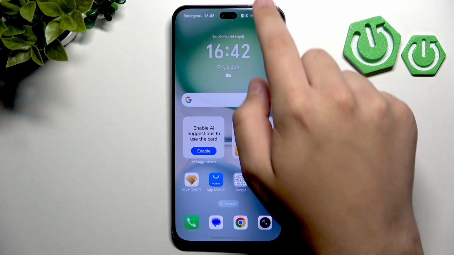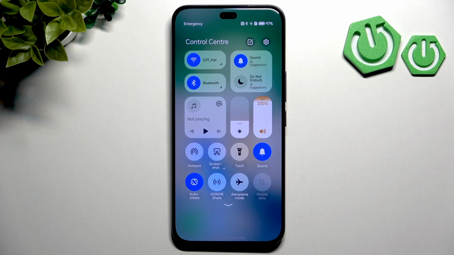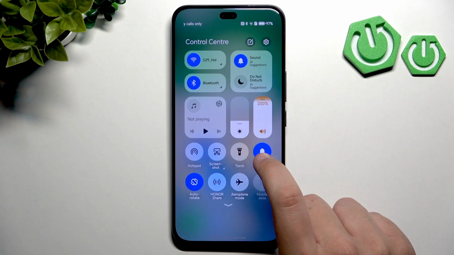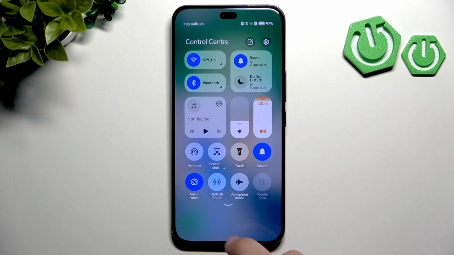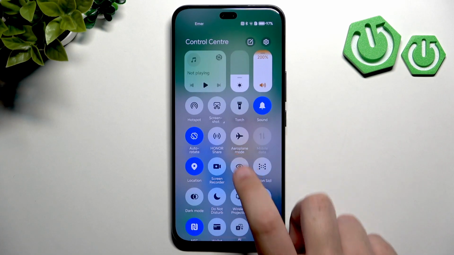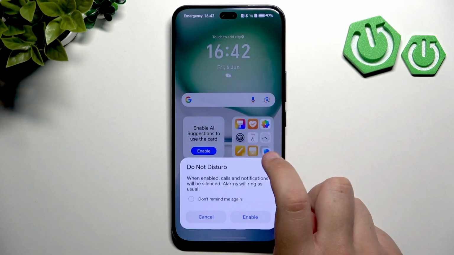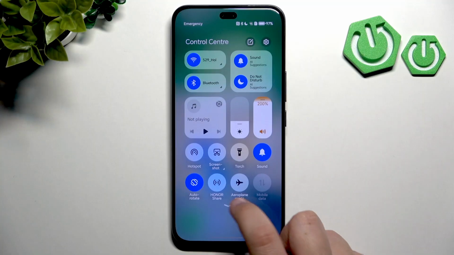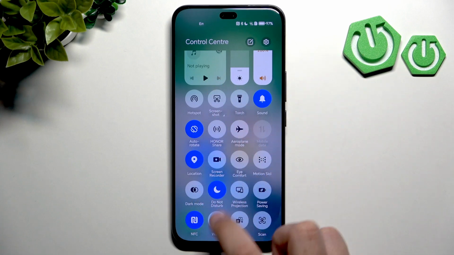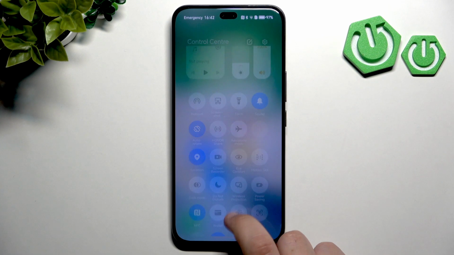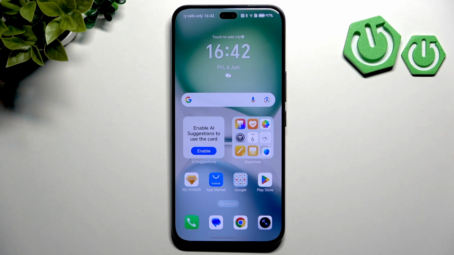silent mode. So go over to the control center. Here you'll have the sound or vibration or silent. Now make sure to change it back to sound. Here, open it up a little more, and here you will have do not disturb. As you guys can see, I enabled it. Now here we have the moon icon, so make sure that there's no moon icon and that the do not disturb is disabled. Both of those settings you can find in the control center,